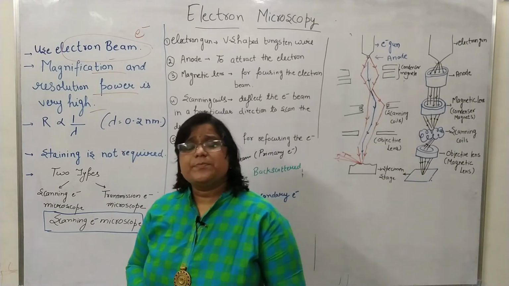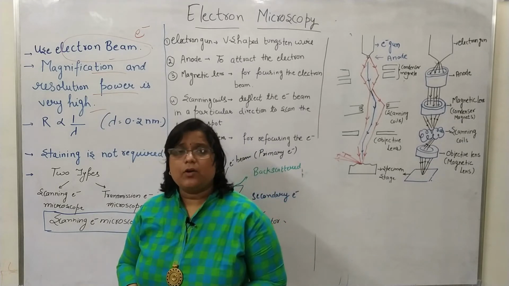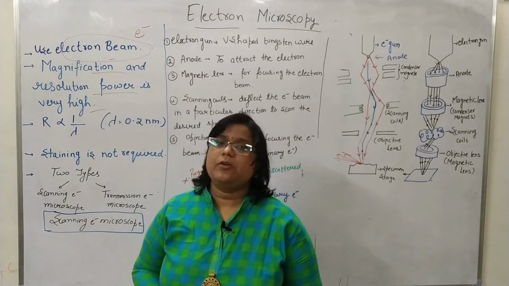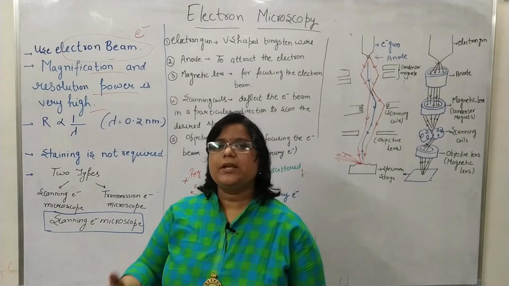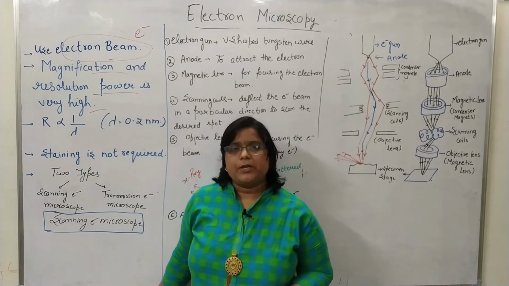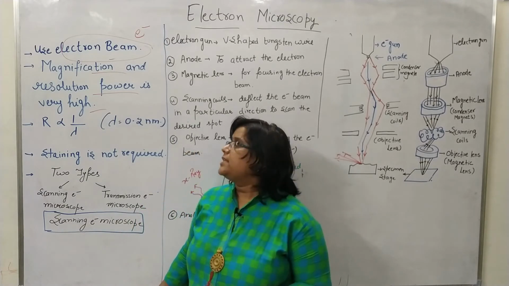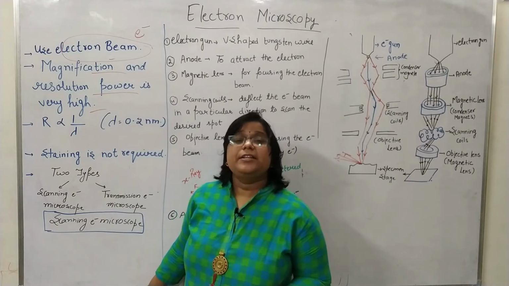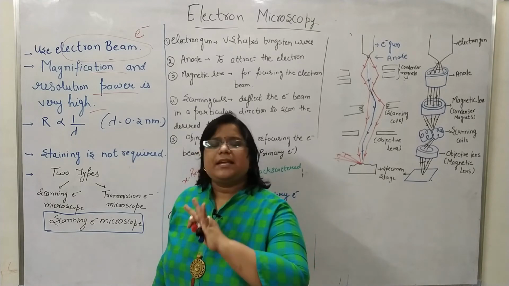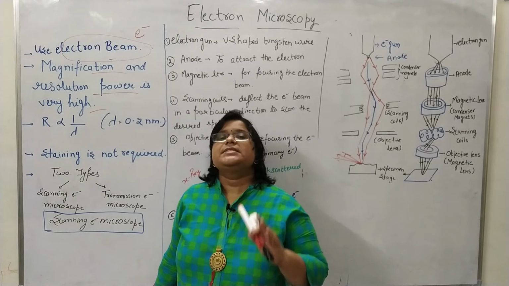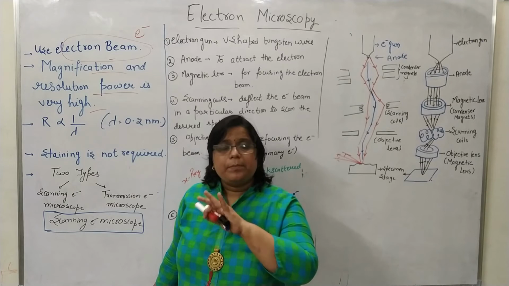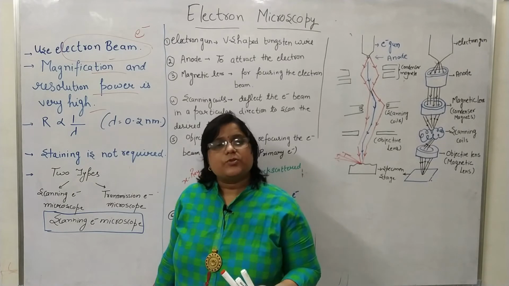And what is meant by the magnifying power or magnification power? Magnification power means the enlargement of the image, meaning how much a particular microscope will magnify an image. And resolution means a clear image, the pixels will not blur, the image is crystal clear and a complete clear image. It's known as the resolution power.